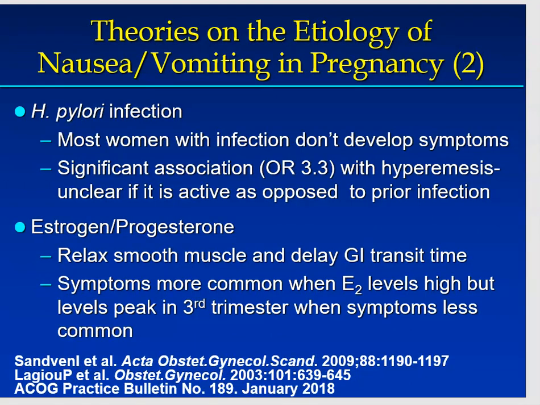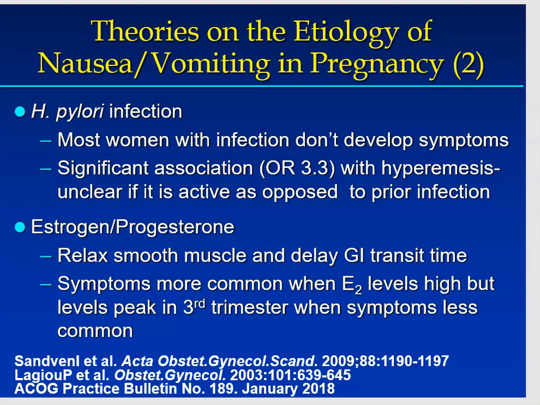H. pylori has also been studied. However, most people with the infection don't develop symptoms. And even when there's a significant association, as in a study which showed over a threefold association with hyperemesis, it was unclear whether this represented active infection with H. pylori or prior infection. The role of estrogen and progesterone also has been implicated in that there's relaxation of smooth muscle